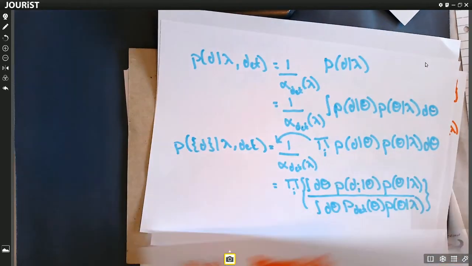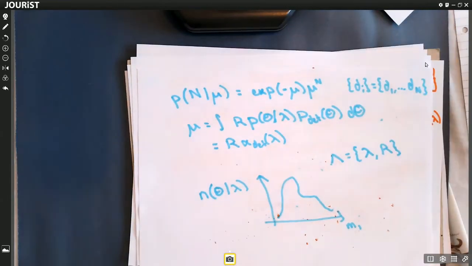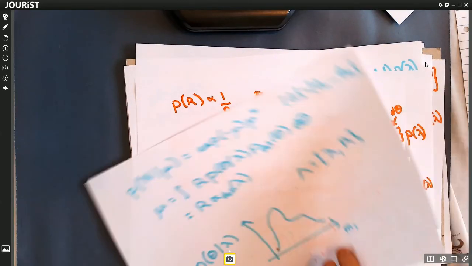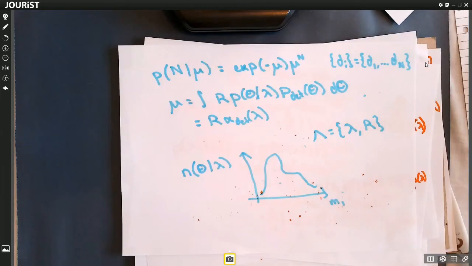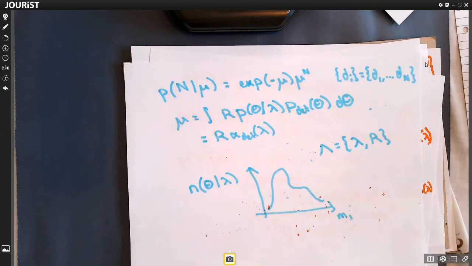Okay, so that's the theory behind how we do this. The input to this type of analysis will be our sets of posterior samples and some measure of our detectability, so some measure of our selection effects, so we can calculate alpha delta. Given this, we calculate posterior distributions over the hyperparameters lambda, get the rate information, and that's how we infer the rates. So when you're looking at these LIGO-Virgo-KAGRA papers, you'll often see plots showing probability distributions over parameters like the power law index, maybe have posterior distributions on the rates. This is how they're calculated.